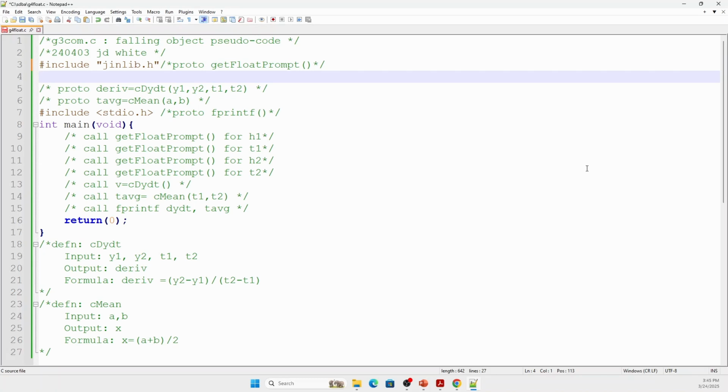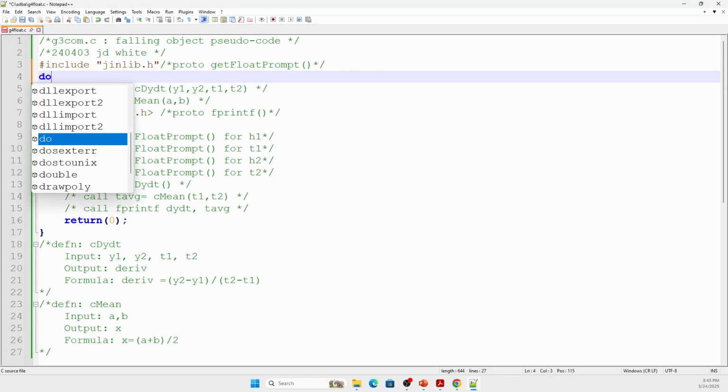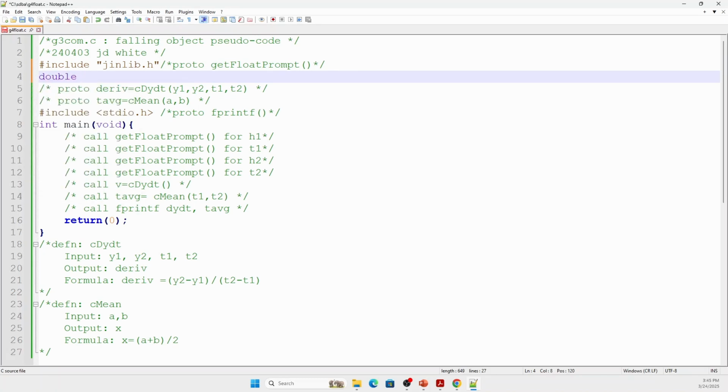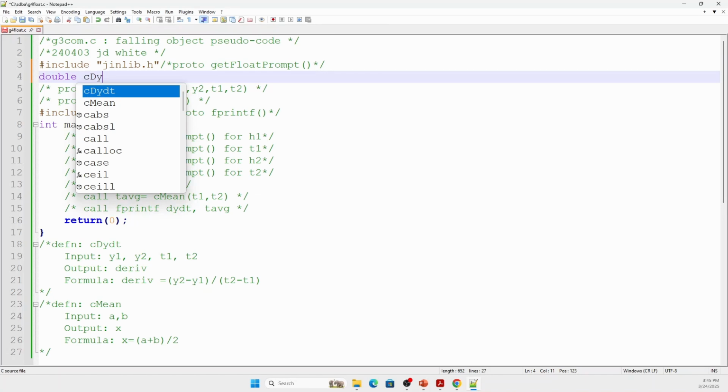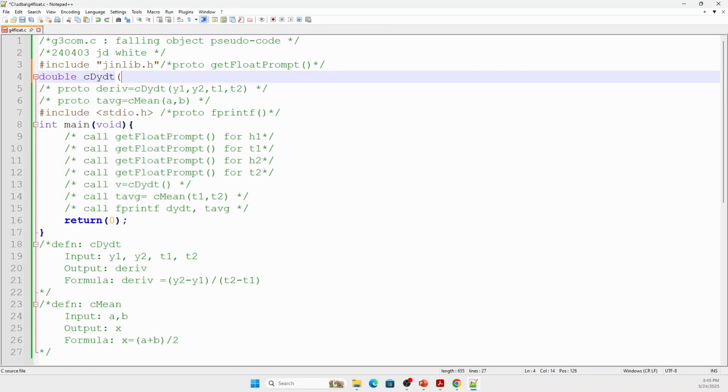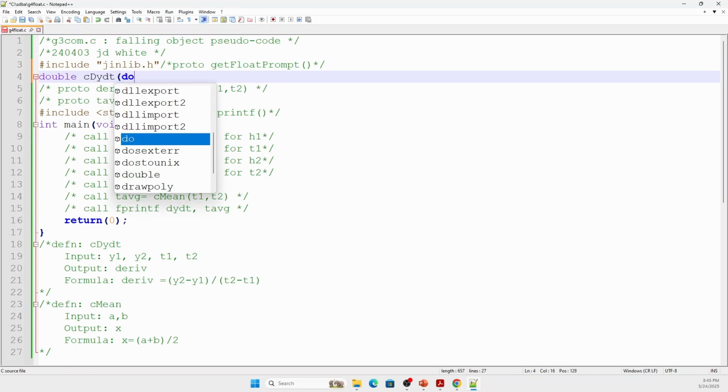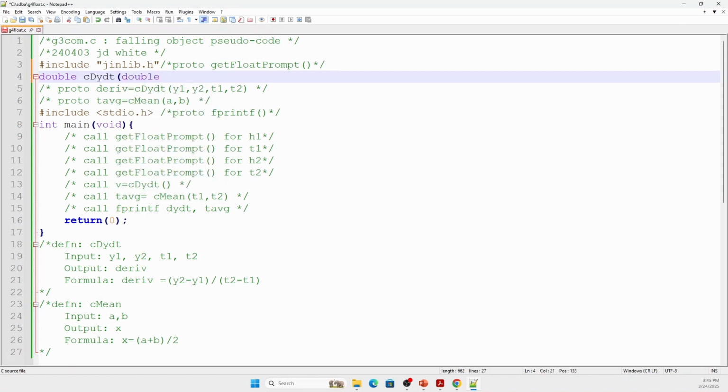I think I will make it double. Okay, so it's going to be double C dy dt. It's going to return a type double, and it's going to take a double. It doesn't really matter what I put here for names, double